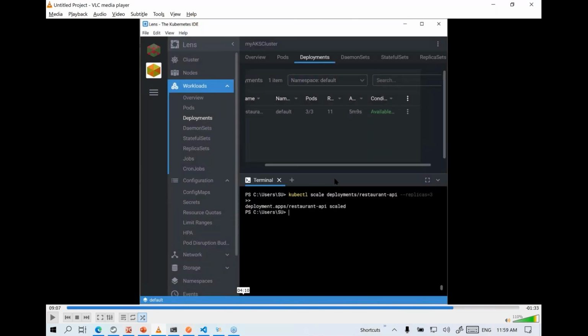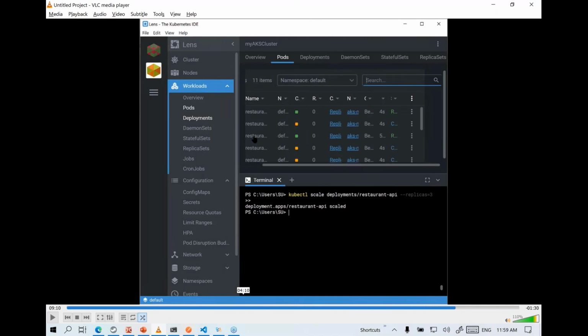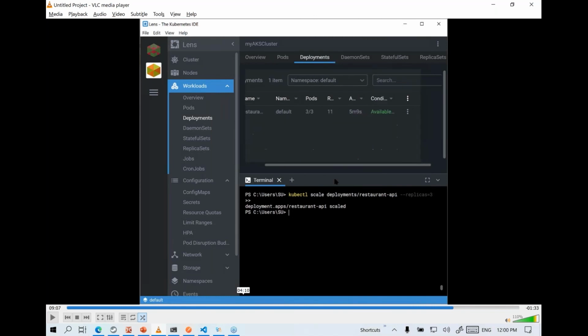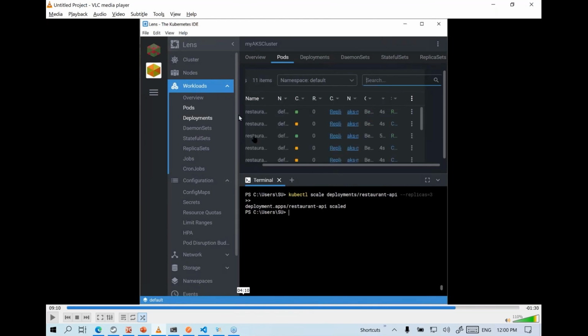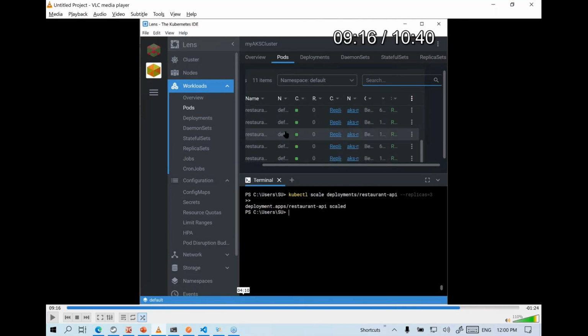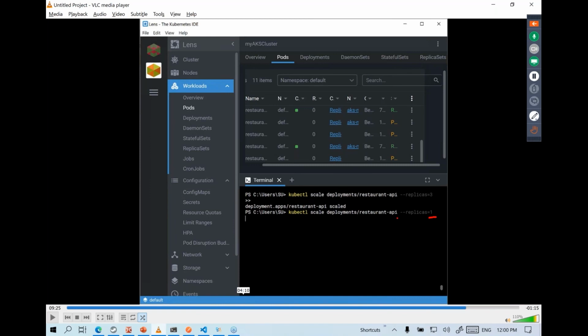So let's scale it in. I'm going to switch it, or before that, we are scaling it out to 11. We have 11 replicas, and you can verify them in the pods section. We have 11 pods up and running. They're all up and running now. And you can choose to scale it in if you want. Let's say we want to switch it back to 1 replica.